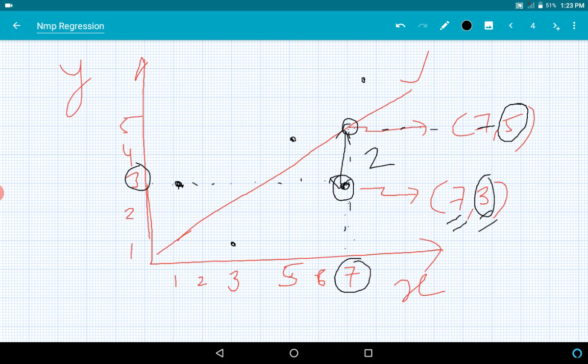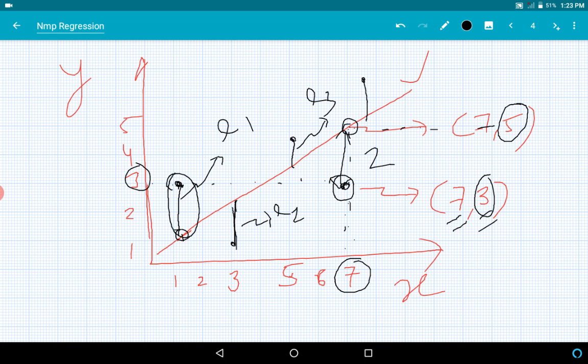Similarly, I can derive the error for everything. I have to draw a straight line from every point to this line and measure this vertical distance, from this point here, from this point here, from this point here, right? So I can calculate all the errors for all the points, and name these errors E1, E2, E3, and so on. The error is nothing but this vertical distance. Now if I consider the vertical distance above this line as positive, then all the vertical distances below the line will be considered negative, right?